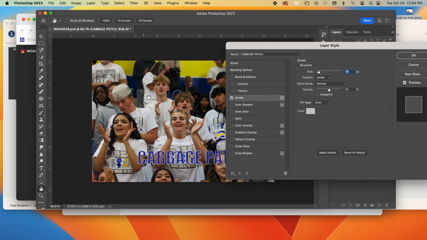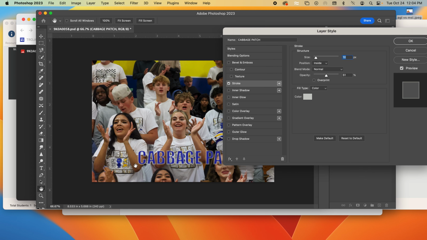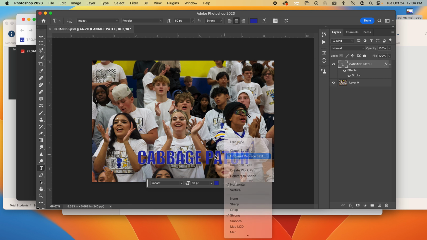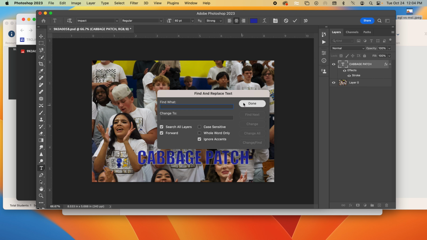Whatever you want your color to be. Now, as you can see, you can change the thickness of the stroke. So if I decide to go from 10 and go to 6, it shows a little less of the stroke. If you want to see it in real time,